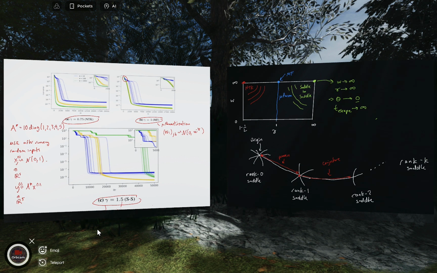Oh, right. Yeah. Okay. So at the origin, let's call it A0 for the starting point. It's just a bunch of zeros, right? And then you learn A for some T. You'll learn one component, and then the rest will be basically 0. And so on. So it's about the rank of the matrix that you fit.